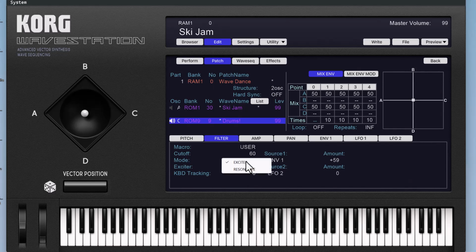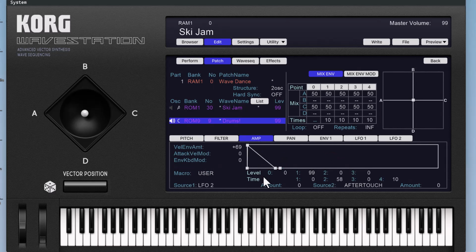The VST has a resonant filter. It doesn't really self-resonate very well, so I tend to leave the default ones on there, the exciter one. You've got the same idea with the filter envelope, a cutoff and a filter envelope, so you can reduce the cutoff and have more effect of the envelope and so on. We've got an amp,